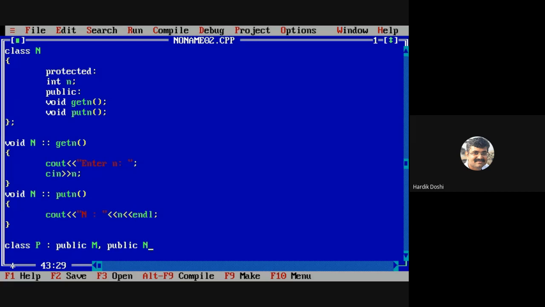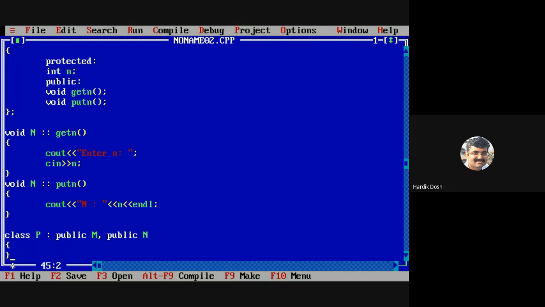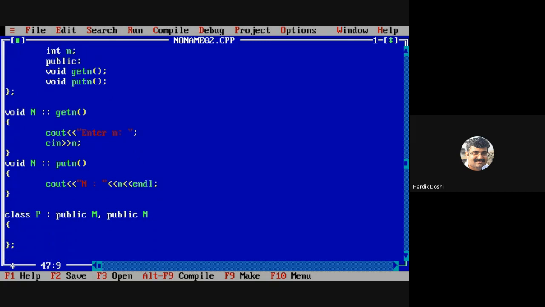The rule applies the same. Whatever is accessible will be transferred over here. Again, the security concept remains the same. Whatever the security is, when we are deriving, it will remain the same. Now in class P, I do not want any of its own members.